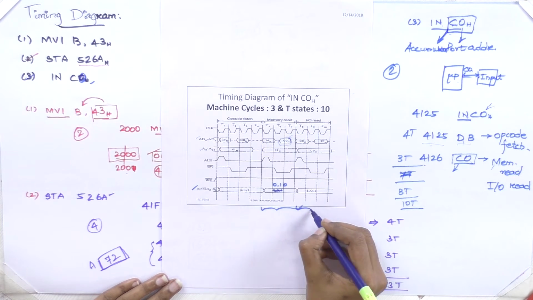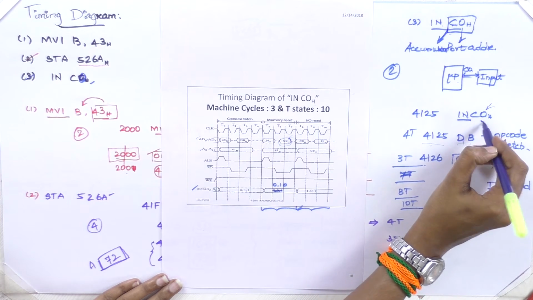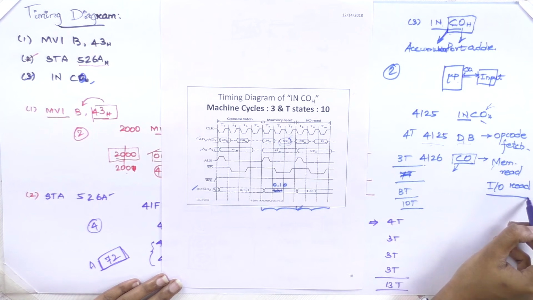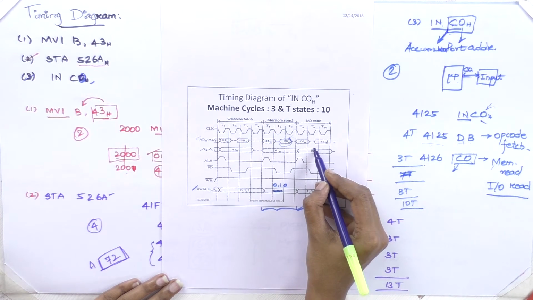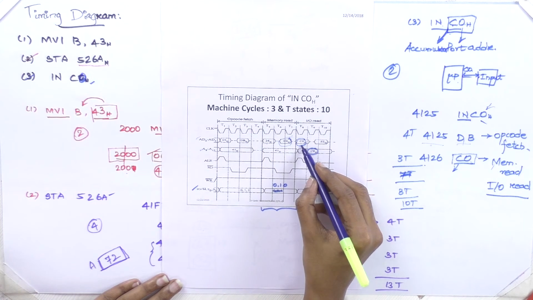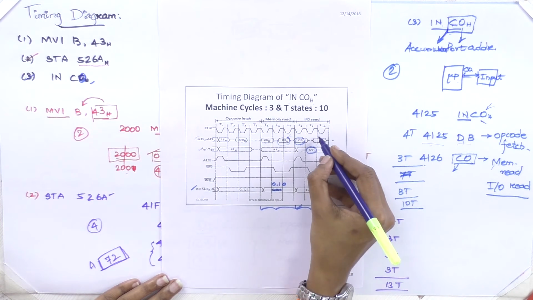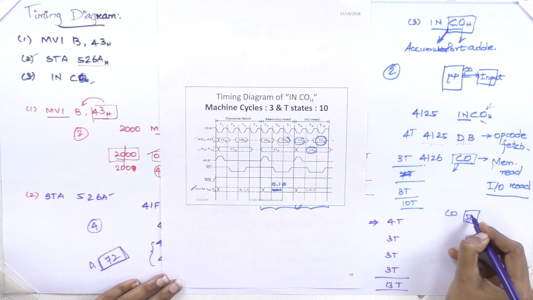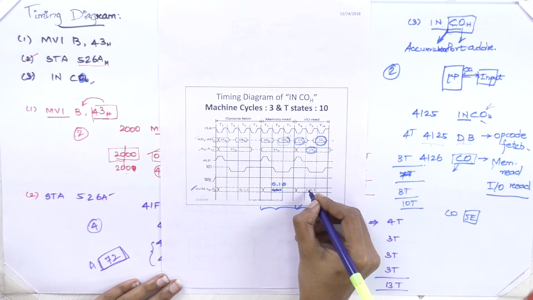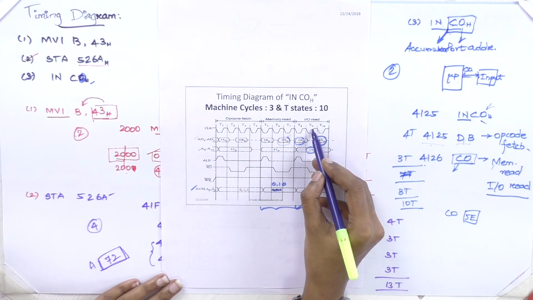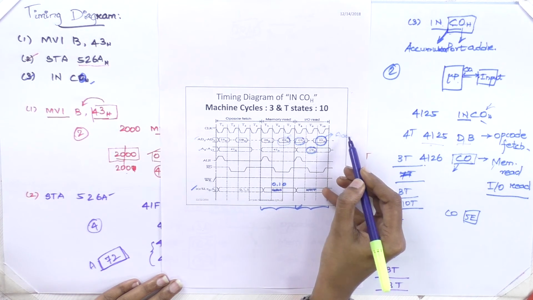Now we know the operation and the port address, so you have to perform this operation. That operation is nothing but IO read. So it has to read from the port address C0. That C0 is written on both the higher order and lower order address lines. The processor goes to this location and finds the value. For example, they have given 5E. It reads that 5E value at T state 9